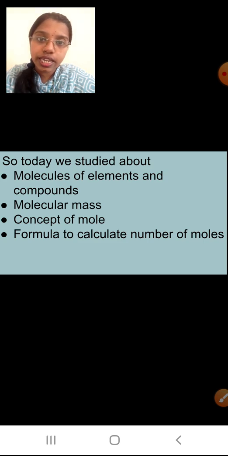You will go through it again, try to find out the molecular masses of different compounds. Again, you can try it at home also. Okay, so you will be familiar with how to calculate the molecular masses, because this molecular mass is connected with the mole. Okay, and we have the sums where we have to calculate the number of moles also. Okay, so for today I'll stop.